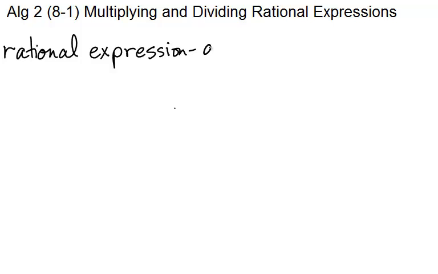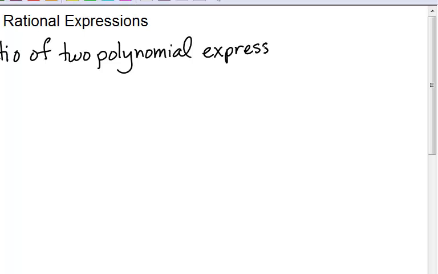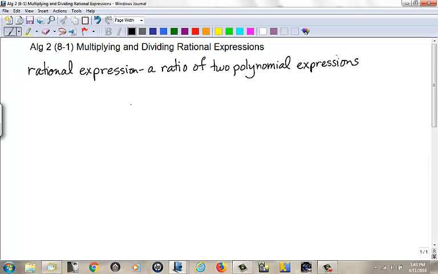A rational expression is a ratio of two polynomial expressions. And my guess is that you did a little bit of this in Algebra 1 towards the end, but I'm going to figure we're starting from scratch. Okay, on the directions,